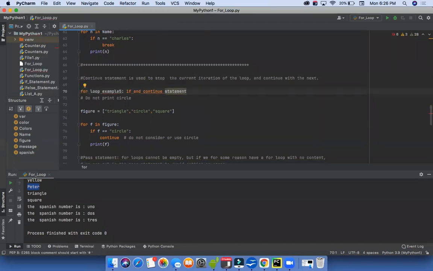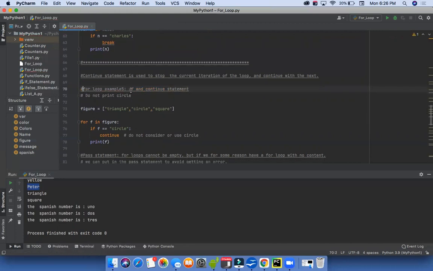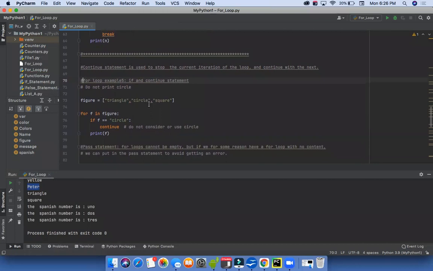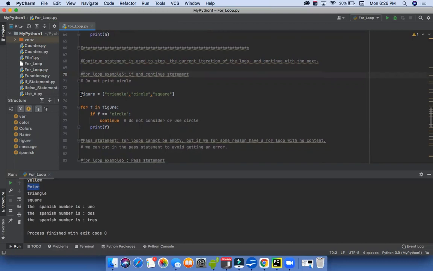For this example, for the for loop example number 5, we will include the if statement and the continue statement. But in this case, remember, we are not going to break the loop. We are going to just jump the item that we don't want to include in our loop or iteration. So let's start. As you have seen, and as I have explained on previous examples, we need to start with one prerequisite, which is our sequence, right? So we start defining our sequence